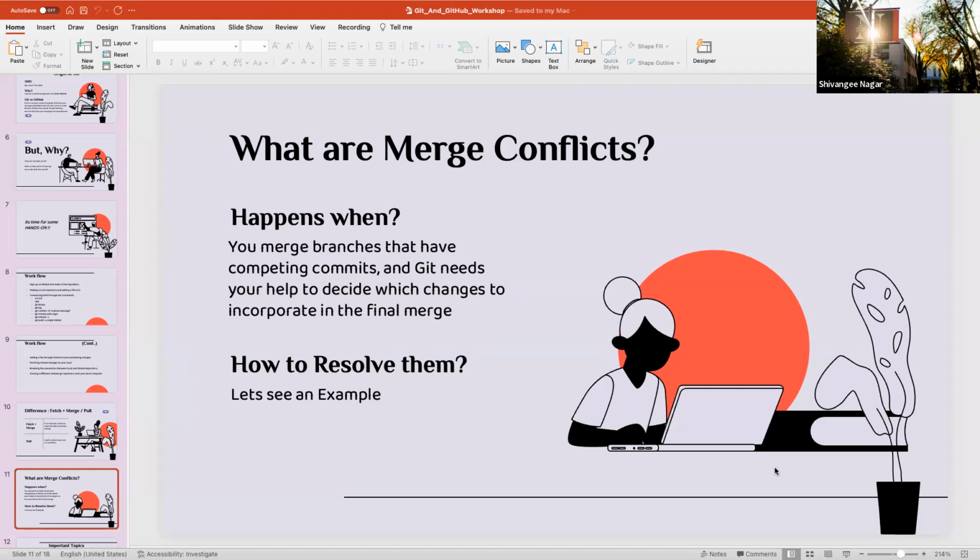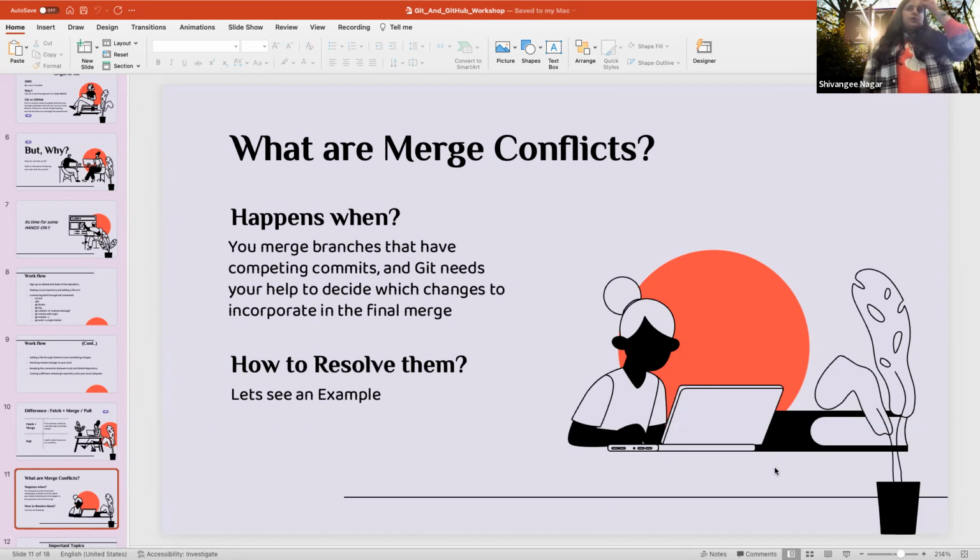You just git add the name of the folder, so the name of the file. While adding it, you don't have to do space dot, because that adds everything. If you want to be specific about what you need to push, you git add that file name, and then you push that particular thing.